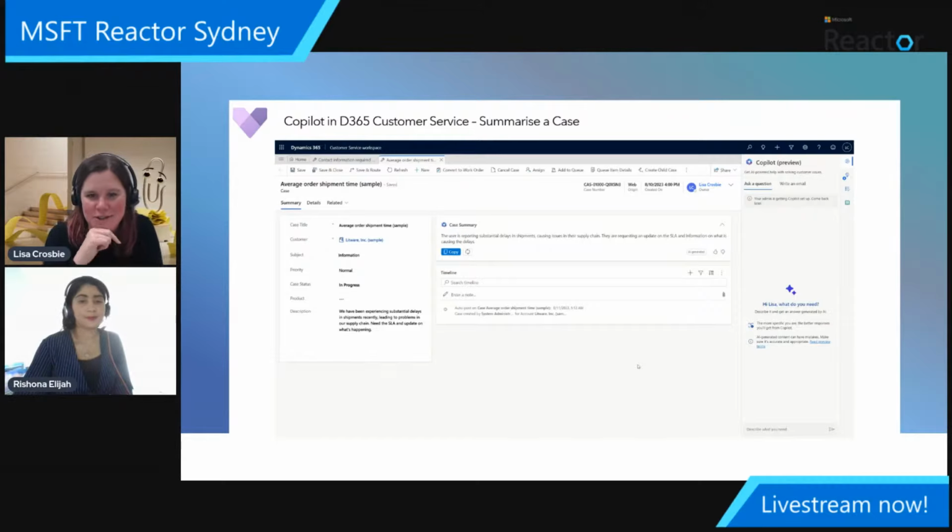So see in the middle of the screen there, we've got the case summary. So whatever is in the description, and again, if I had that richer history of correspondence back and forth, it's able to give you that case summary, and it can also do a summary of a conversation going on in there. So lots of things going on in that customer service app that are giving you access to summarizing what's going on and generating responses, which are the two big use cases we're seeing in the Dynamics customer engagement apps.